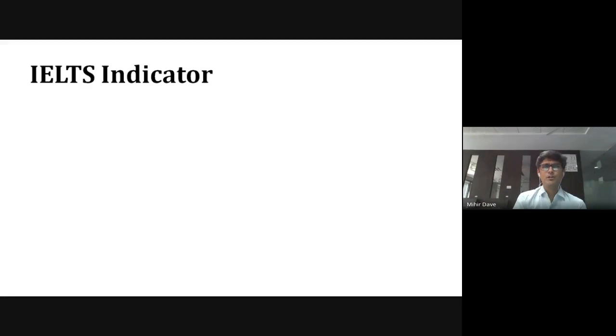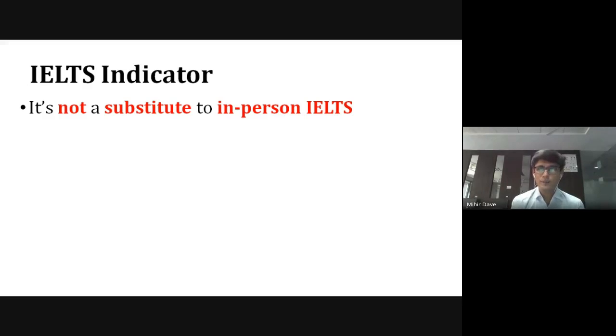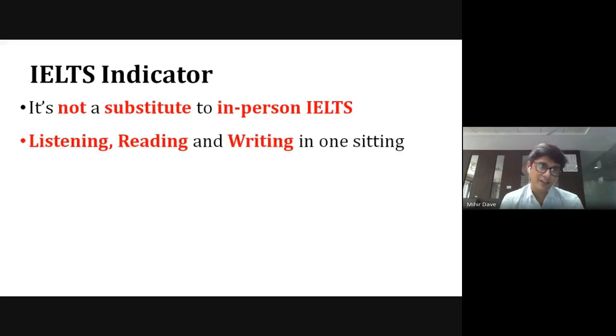A few more specifications about the indicator: it is not a substitute or anything less than the actual one. It is actually better than the actual paper-based IELTS test, because you can take it from home at your comfort. You can choose the dates. Time you cannot choose, because that's the fixed time for whoever registers on that day. You will have to follow the time. I think it was 12:30 for the next Wednesday in June. But days you can still choose, so that's an added advantage.